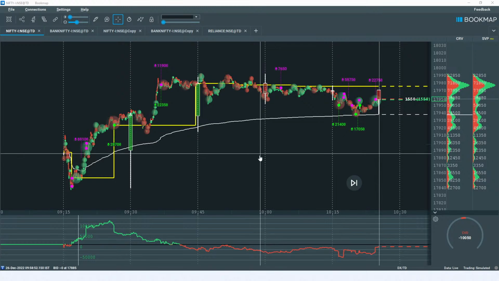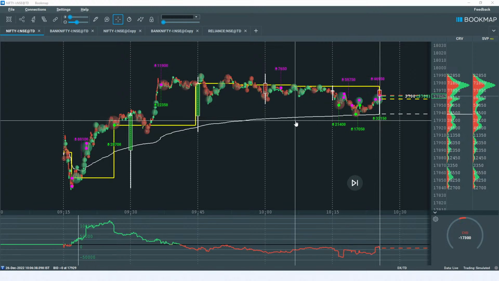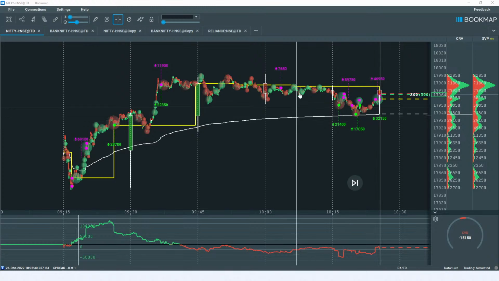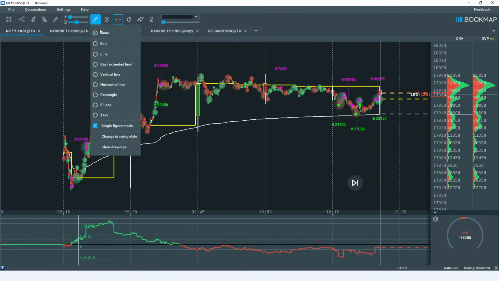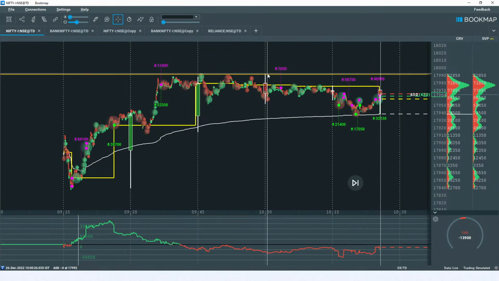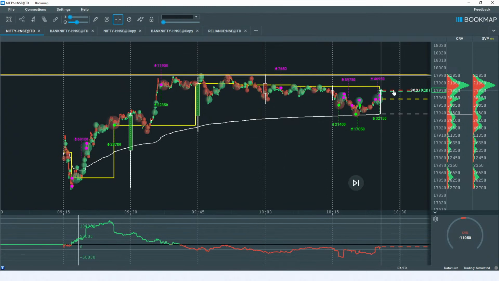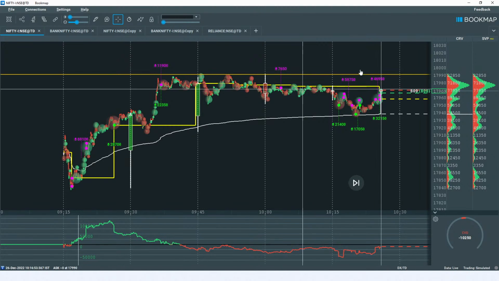Okay. So let me explain. Assume that we are looking for shorting opportunities. All right. Already it is 10:25. That means the initial 1 hour of the market is completed. So this is where we have the high, around 17,990. This particular level is going to be a make or break level for Nifty at the present